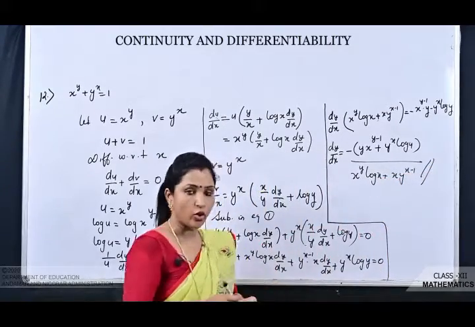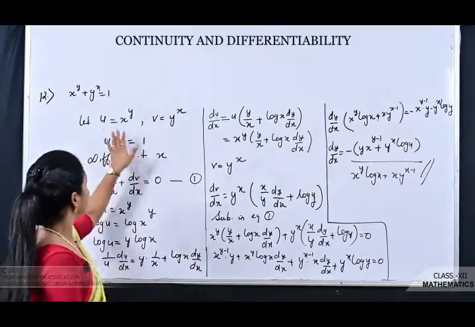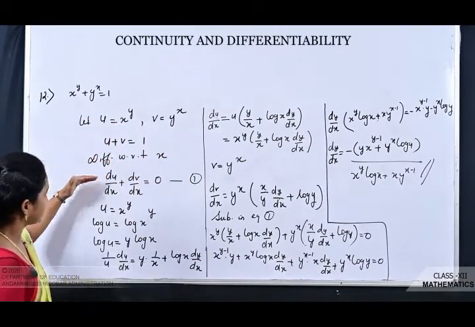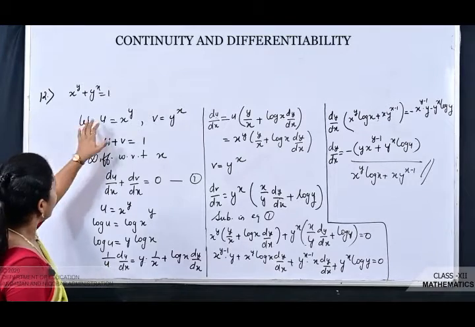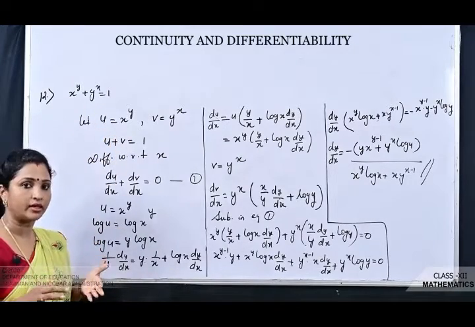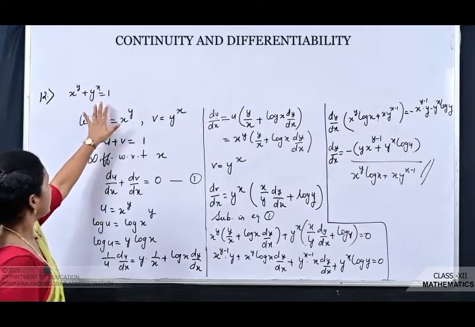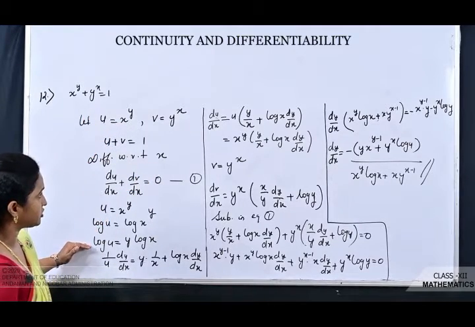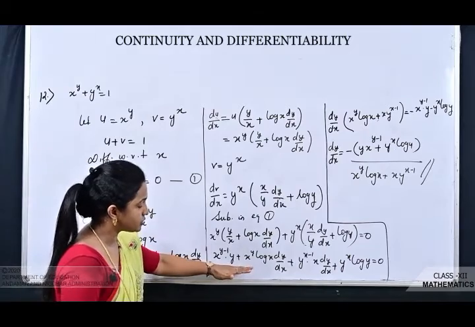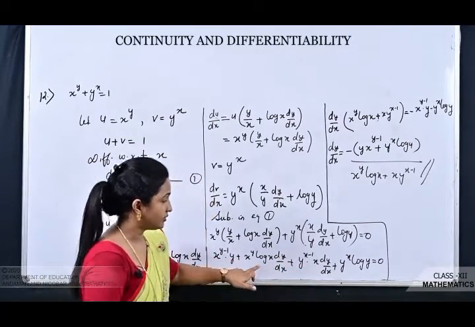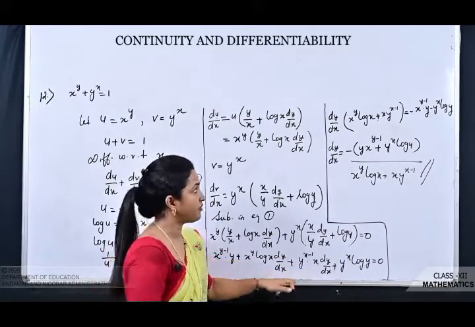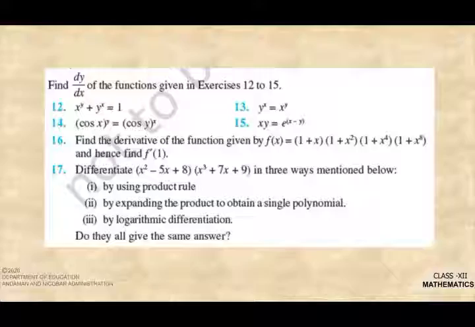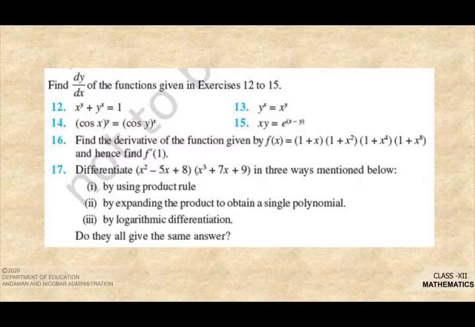So this is the way you have to proceed. Again, remember that whenever you are getting an equation, just take u and v and follow the same procedure. The only thing is, in that earlier question we used to take y, here you do not need to take y, the equation is already there. Differentiate, apply logarithmic differentiation. Just remember one thing here, in this part you have to take dy by dx common. When you take dy by dx common, you will observe that you are going to get the answer like this. So the rest of the questions are work for you.